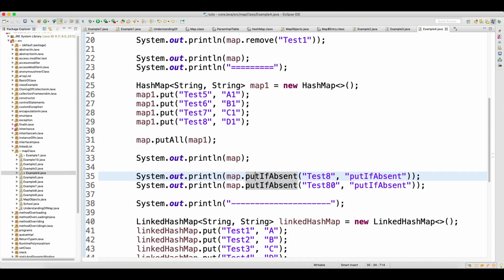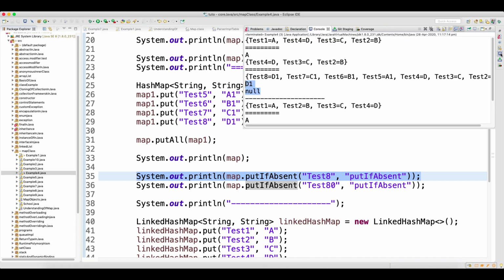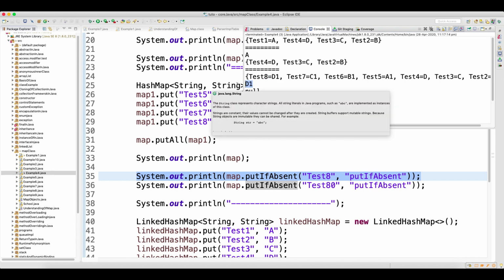That is the reason when you are trying to perform this, this entry will not get inserted, because your map already has test 8 as a key. So it will give you the value D1.